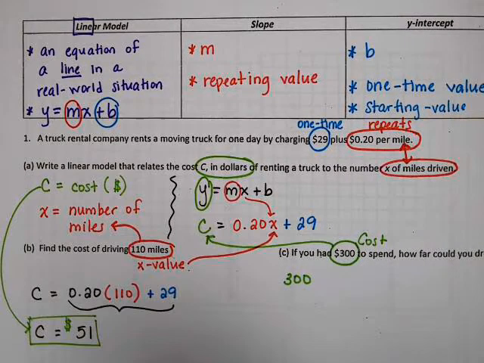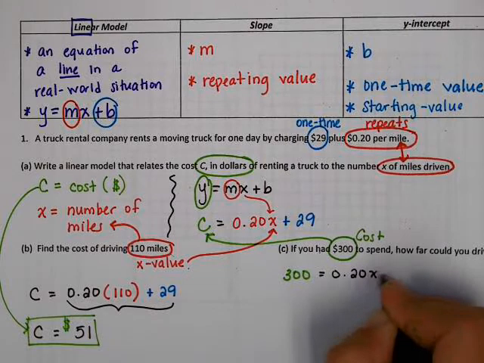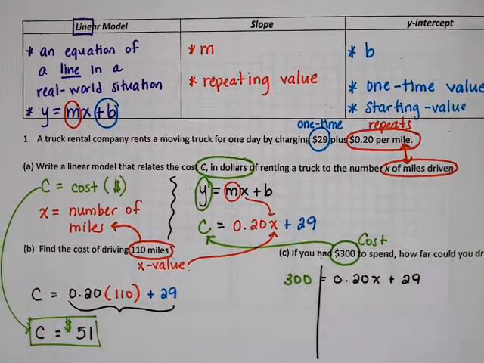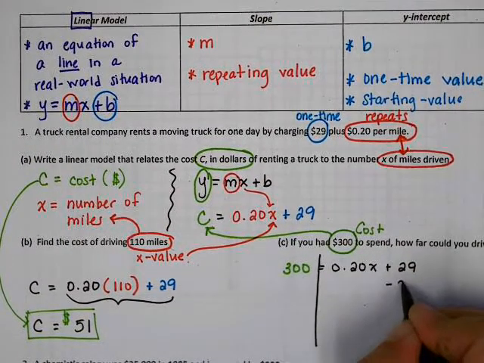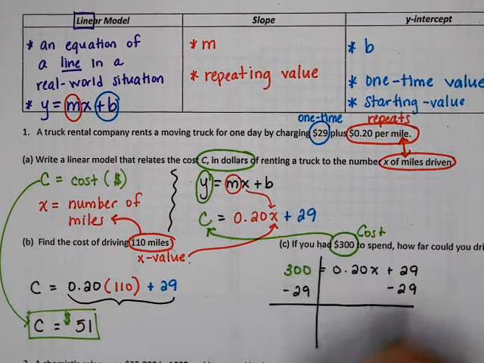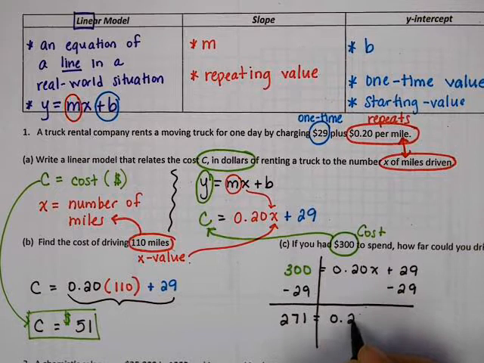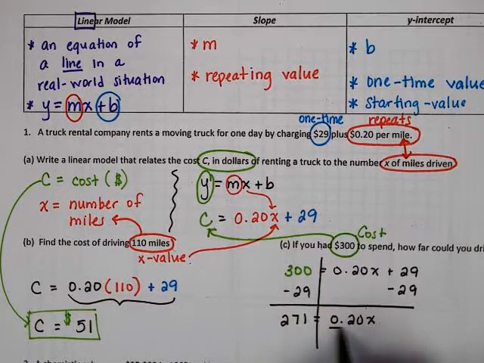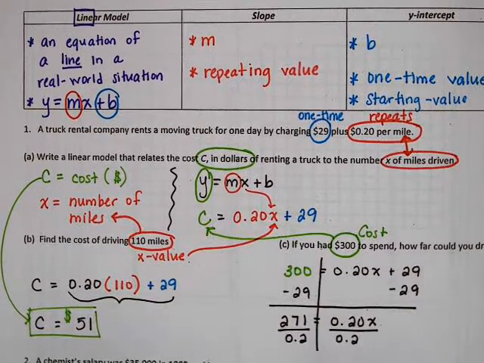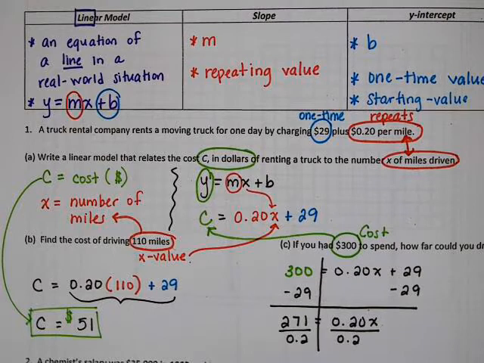And I'm going to write 300 equals 0.20x plus 29. Now in order to get x, I have to start by subtracting 29 on both sides, which means I get 271 equals 0.20x, and then I would divide by 0.2. So if I divide by 0.2, and again I'm going to use my calculator for this,